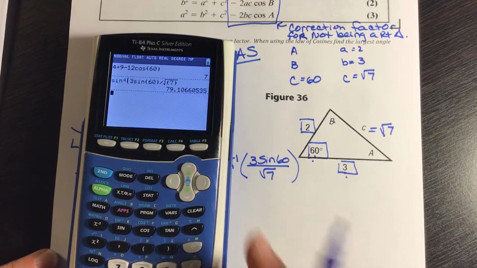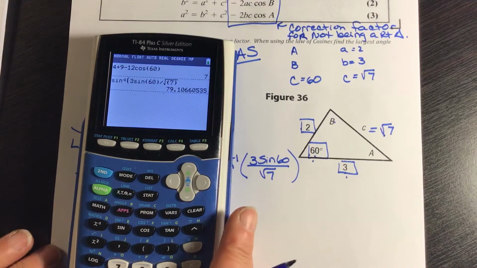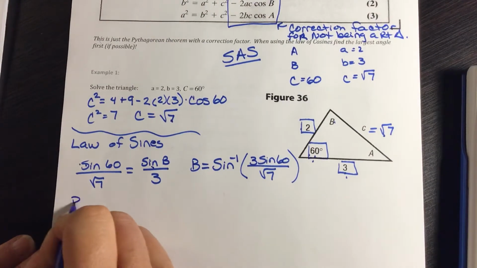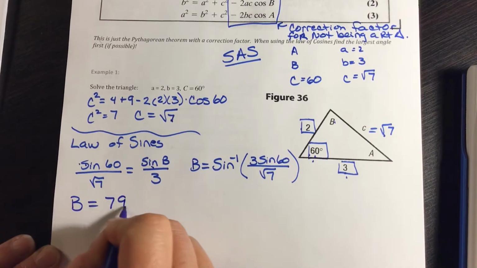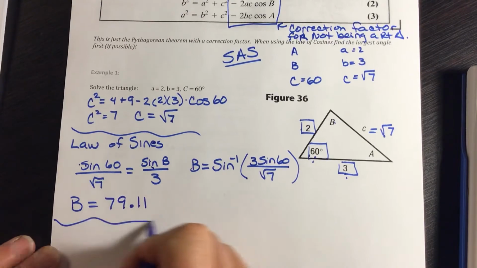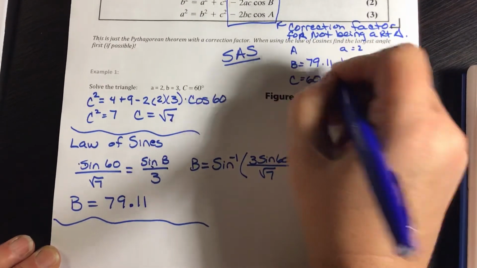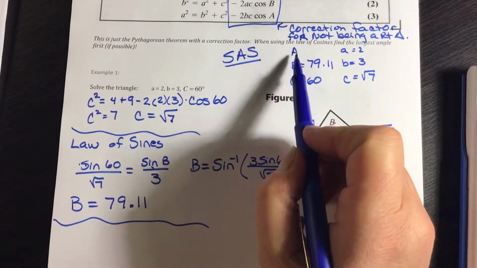And that gives me 79.10 or 79.11. So angle B is 79.11. Okay, so 79.11. Now I could set up